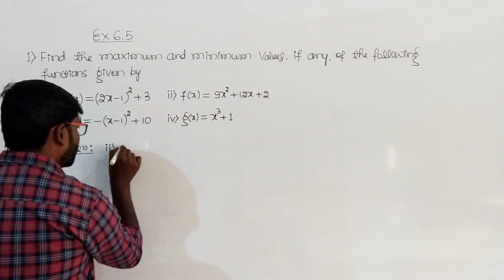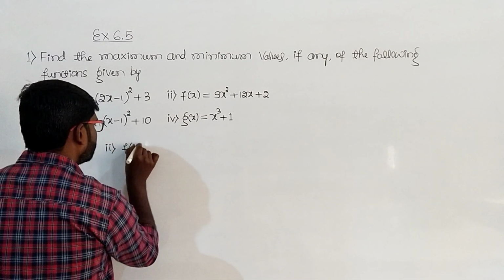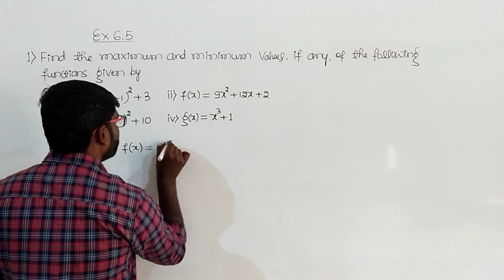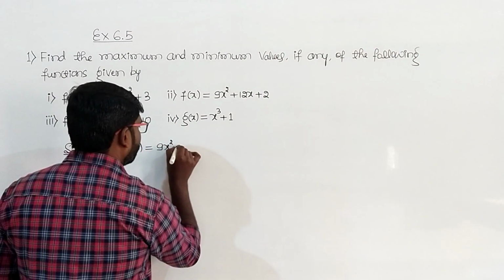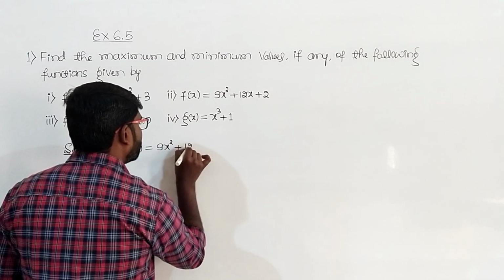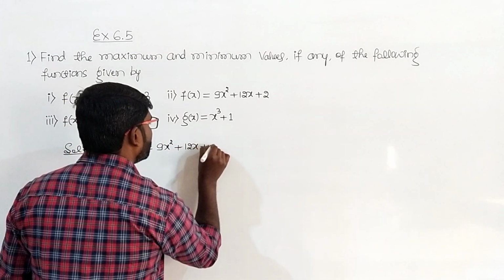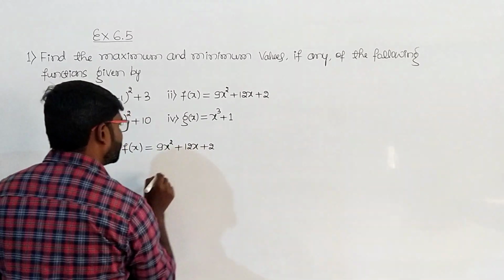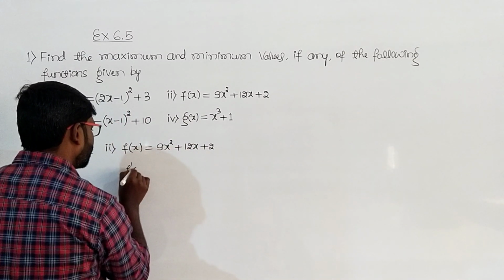So f of x equal to 9x square plus 12x plus 2. So we will have to go for the derivative, go for f dash of x. So f dash of x equals,